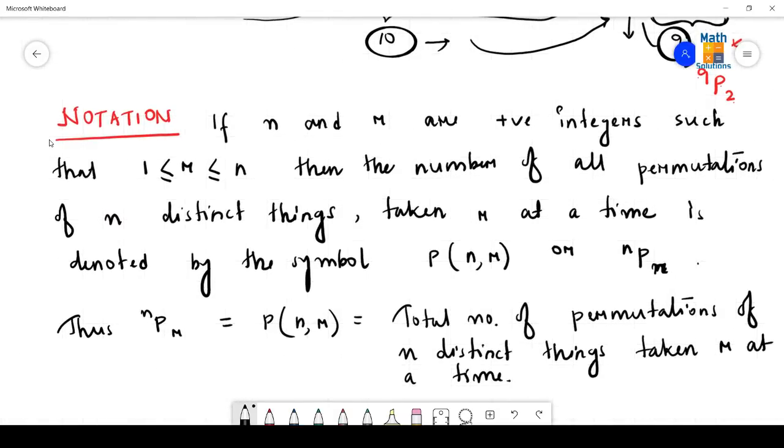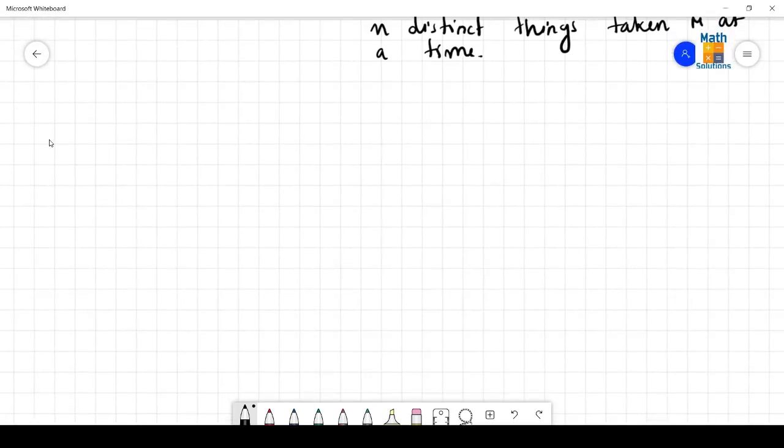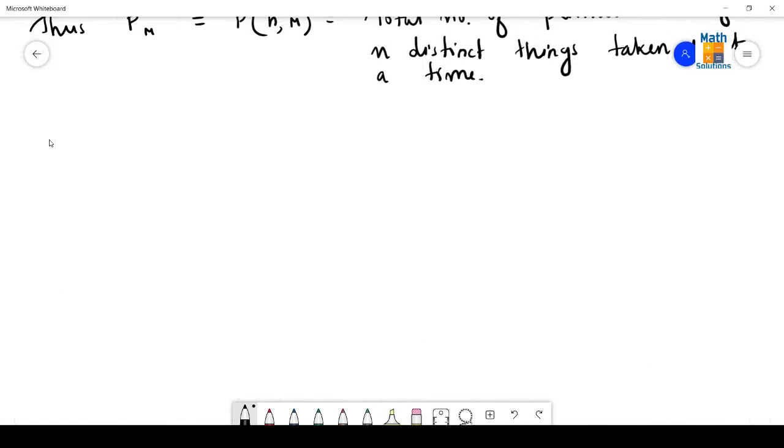So till now we have done notation. Then after we shall be dealing with the first theorem, which will be important for proceeding with the questions of permutations. The first theorem, the statement I am going to give you here. The statement is this. This is theorem 1.